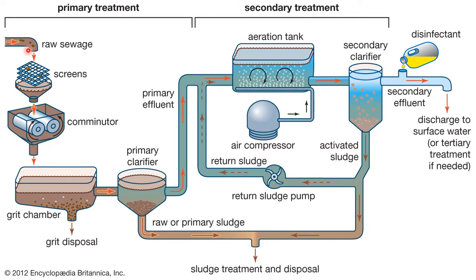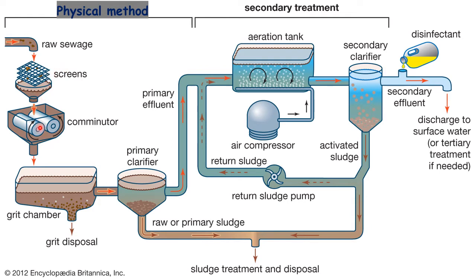All the sewage will be collected finally at this treatment facility, where the first step is the physical method or primary treatment. In the physical method or primary treatment, different kinds of instruments or machines will be used to filter out the impurities, especially the bigger ones like plastics, textiles, leaves, logs. All this will be removed in the primary treatment with the help of different machines. So the first process is screens. These screens will filter all the materials, including plastics and other materials which I told you. So it will filter that.